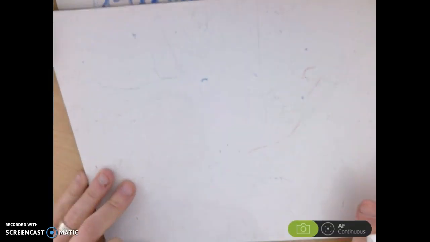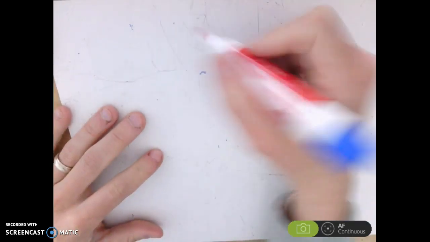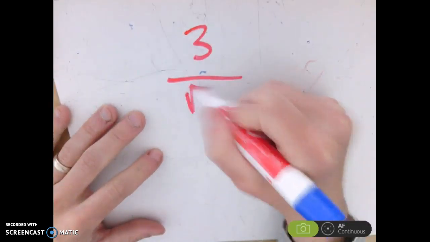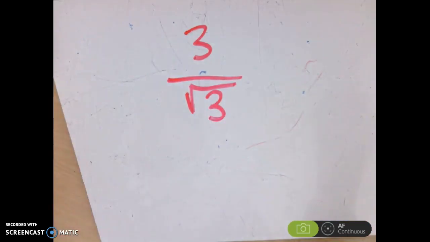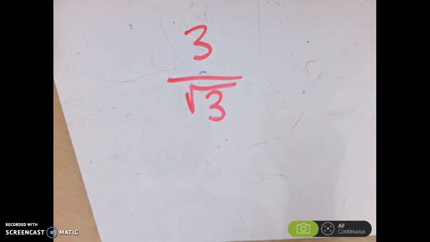Okay, so I'm going to hang off on example 9 for a second. So let's just say we had something like 3 over square root of 3. Mathematicians decided a really, really long time ago that we don't like to have square root symbols in the denominator. There's no real reason for that other than that it becomes a pain. I don't really know off the top of my head what 3 over square root of 3 is. 3 divided by 1.7, I don't know what that is in my head. But what I'm going to do is call rationalizing the denominator, and I'm going to show you